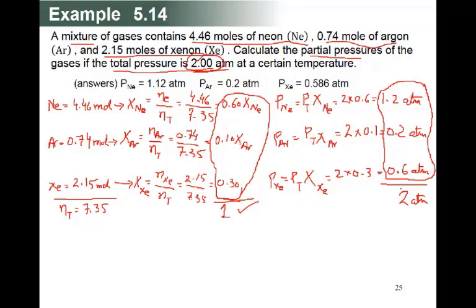And if you make the total of the partial pressures here also, this will be equal to sometimes exactly 2, sometimes 1.9, sometimes 2.1. So a little difference is not a problem, because of rounding and significant figures we get slightly different answers. So the total mole fraction will be 1, to check the answer, and the total pressure is what is given in the question, which here is 2.